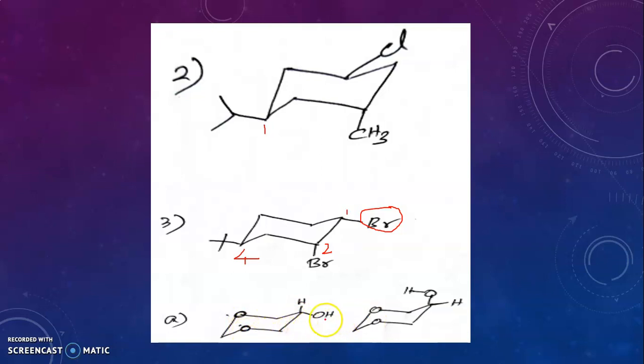So now we have 2 possible orientations. The hydroxy group may be oriented in equatorial manner or may be present in axial manner. Usually the equatorial conformation is more stable over axial, but in this case, this OH group and this oxygen form a weak intramolecular hydrogen bond. Due to this intramolecular hydrogen bonding, this conformation gets more stabilization. So this conformation is more stable over this.